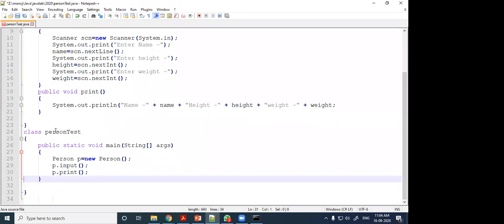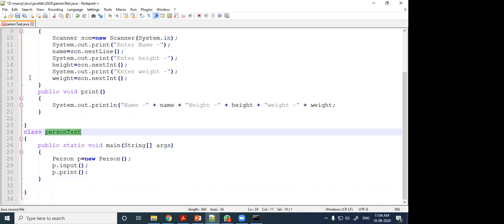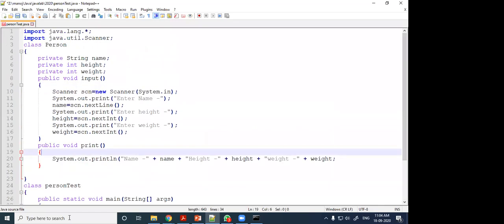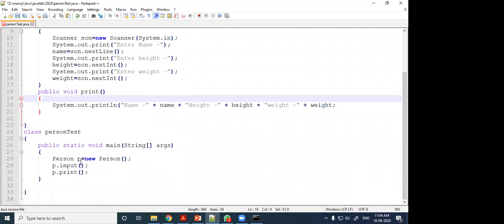So here this class name is PersonTest, and my Java program name is also PersonTest dot java, and inside this there are two classes, person and PersonTest. Two classes are there.